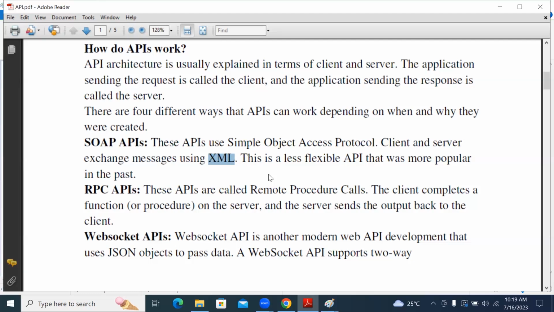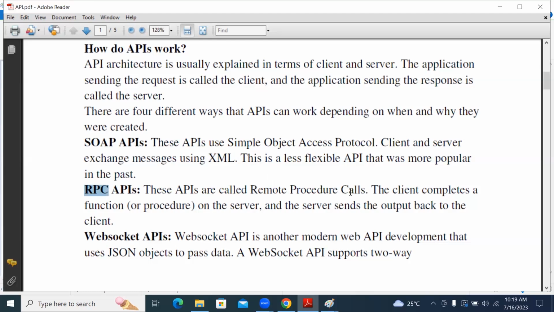SOAP was the very first API. In the very starting days, when APIs came into the market, we got SOAP API. Then slowly it was converted into RPC, remote procedure call.